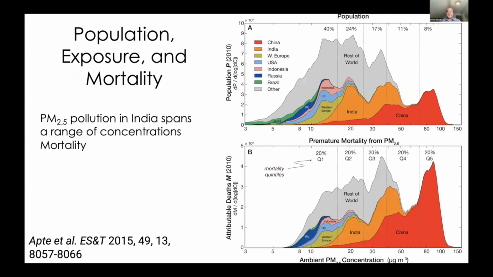So bringing this into a regional context, this is a paper by Josh Apte and colleagues. On the x-axis of both of these figures is the annual average PM 2.5 concentration from modeled PM 2.5 fields across the globe. You can separate that by country and see what percentage of the population in this top plot lives in concentrations above 70 micrograms per meter cubed, or less than, and we can see where India fits in